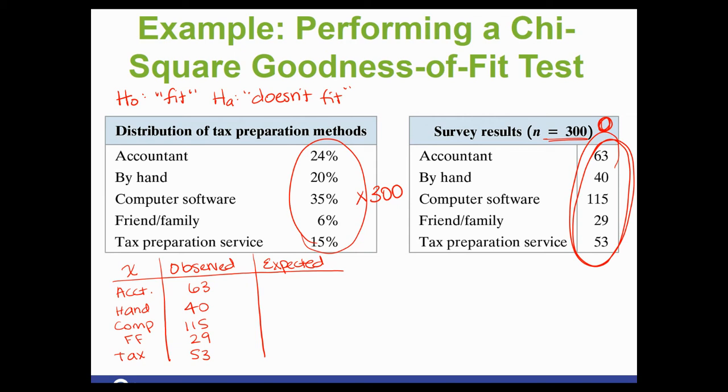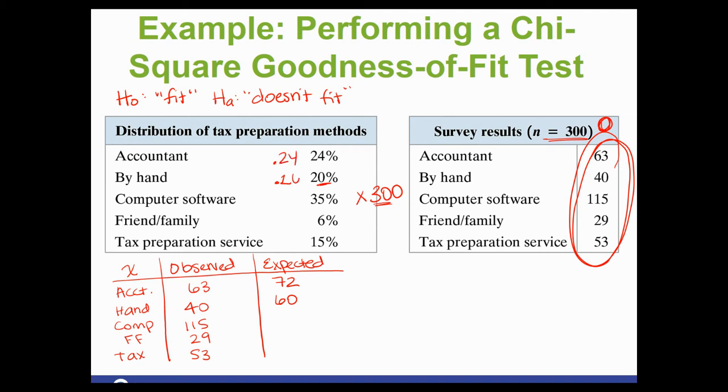Most of these are going to come out as whole numbers. If they don't, try to keep as many decimals as you can so the numbers work out well. I always recommend 4 decimal places. For these, 24% times 300, we get the number 72. Then we do 20% times 300, we get 60. Don't forget, with percents, you're not actually multiplying the number 20, you're multiplying 0.20. And then